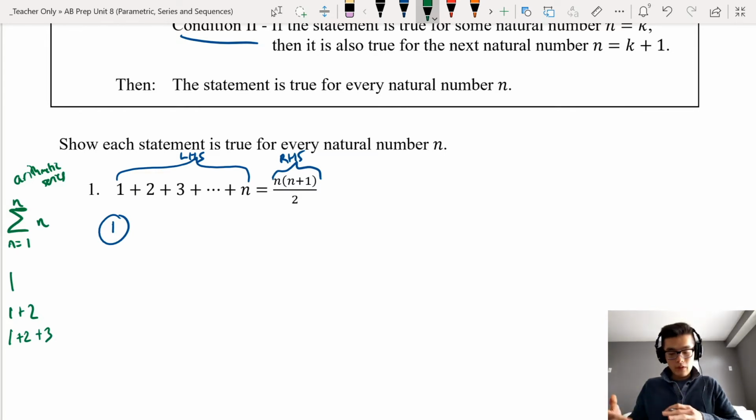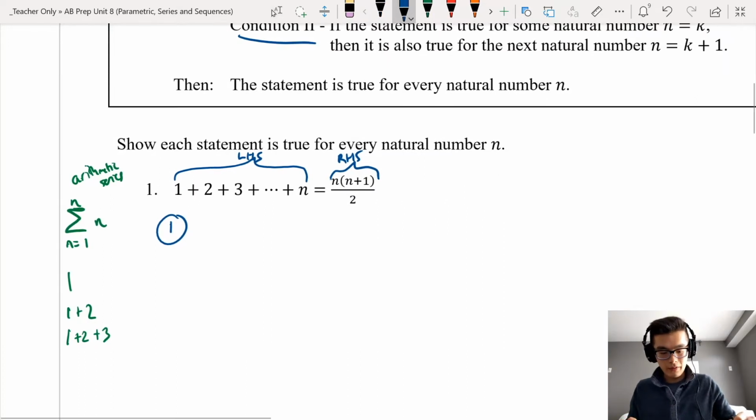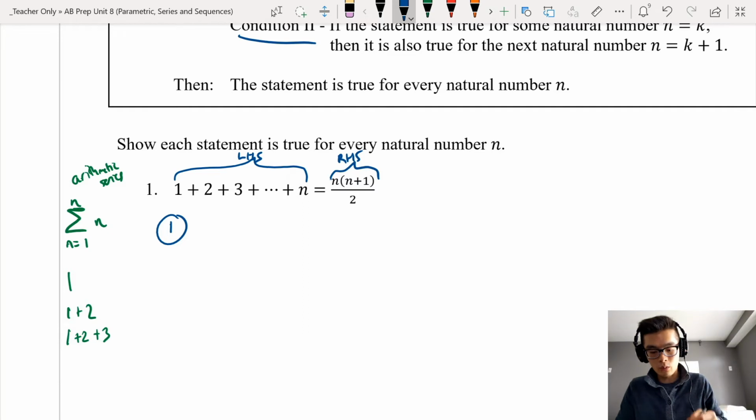So I'm going to leave that there. We're going to come back to that, revisit that in a second because it's going to help us out later on. But the idea is we want to prove this is true for the first case when n equals 1. When n equals 1, the left-hand side is just 1. That's the first term, right? On the right-hand side,